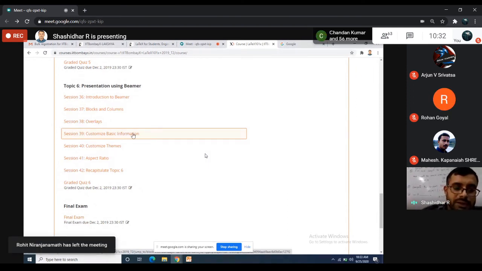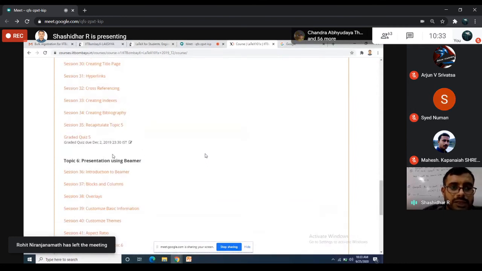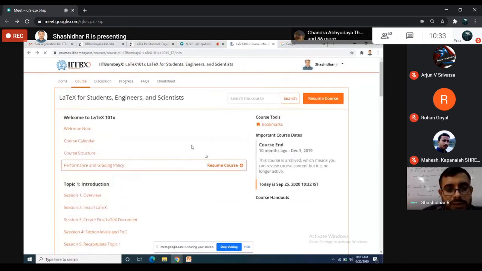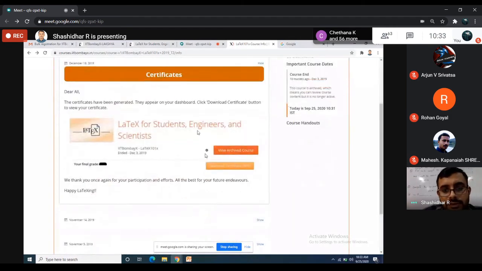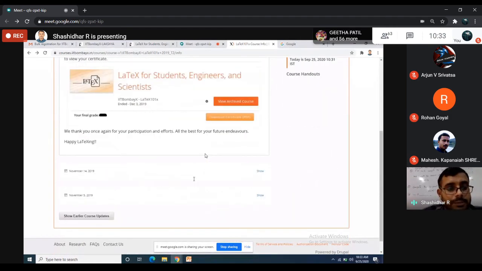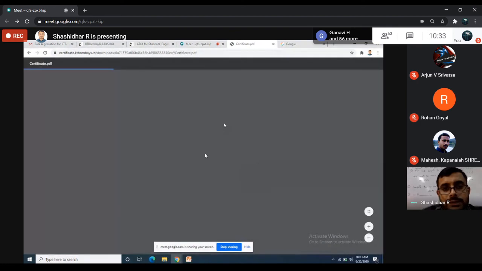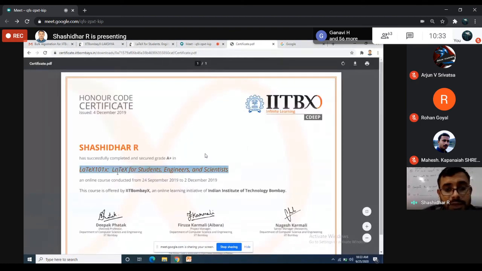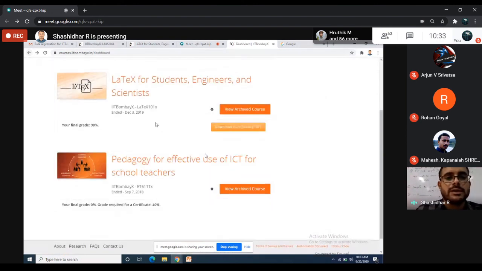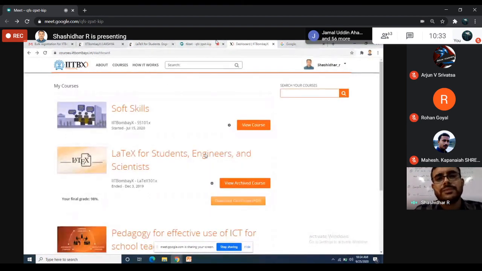I did these courses last year, I think. Where do you download the certificate? Actually, I completed it. Let's see, this is my certificate, the last certificate. I completed it from September to December 2019. These are the IIT Bombay courses, so you go through it. The grade is also mentioned: A plus is the final. They give A, B, C like this. But grade is not important. According to me, you should learn something.